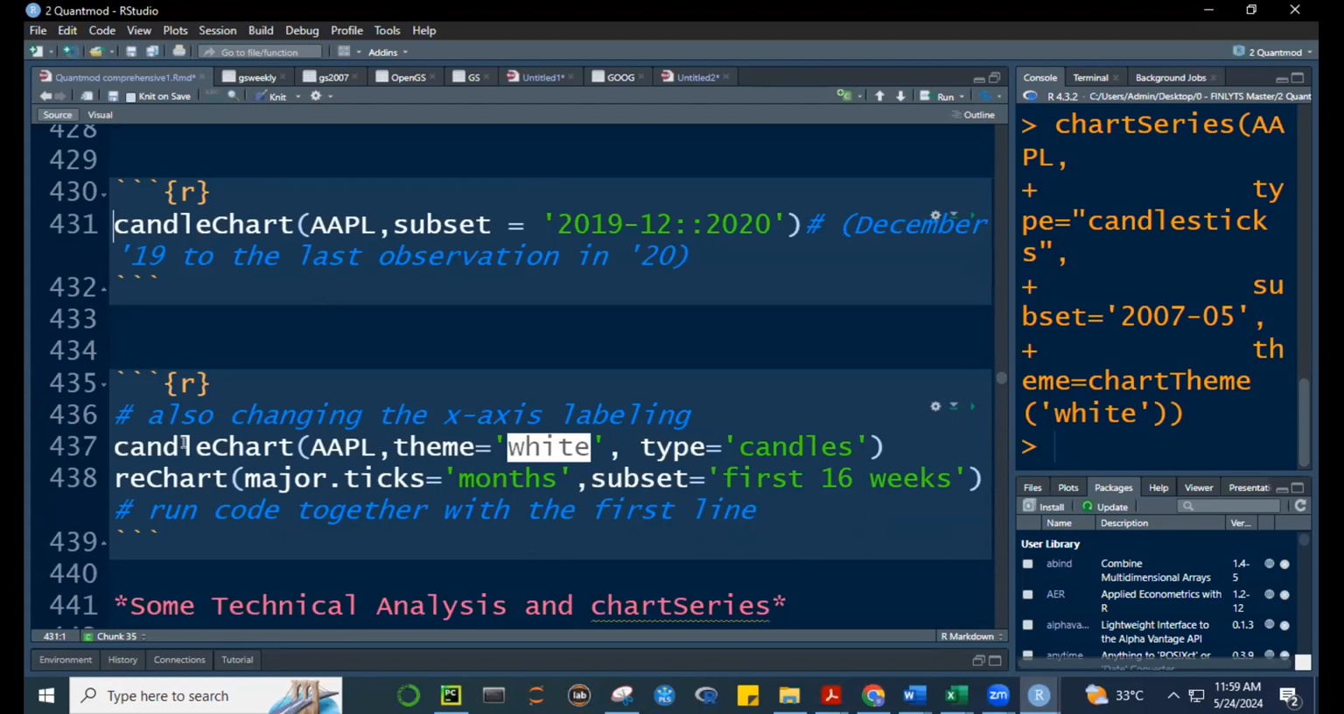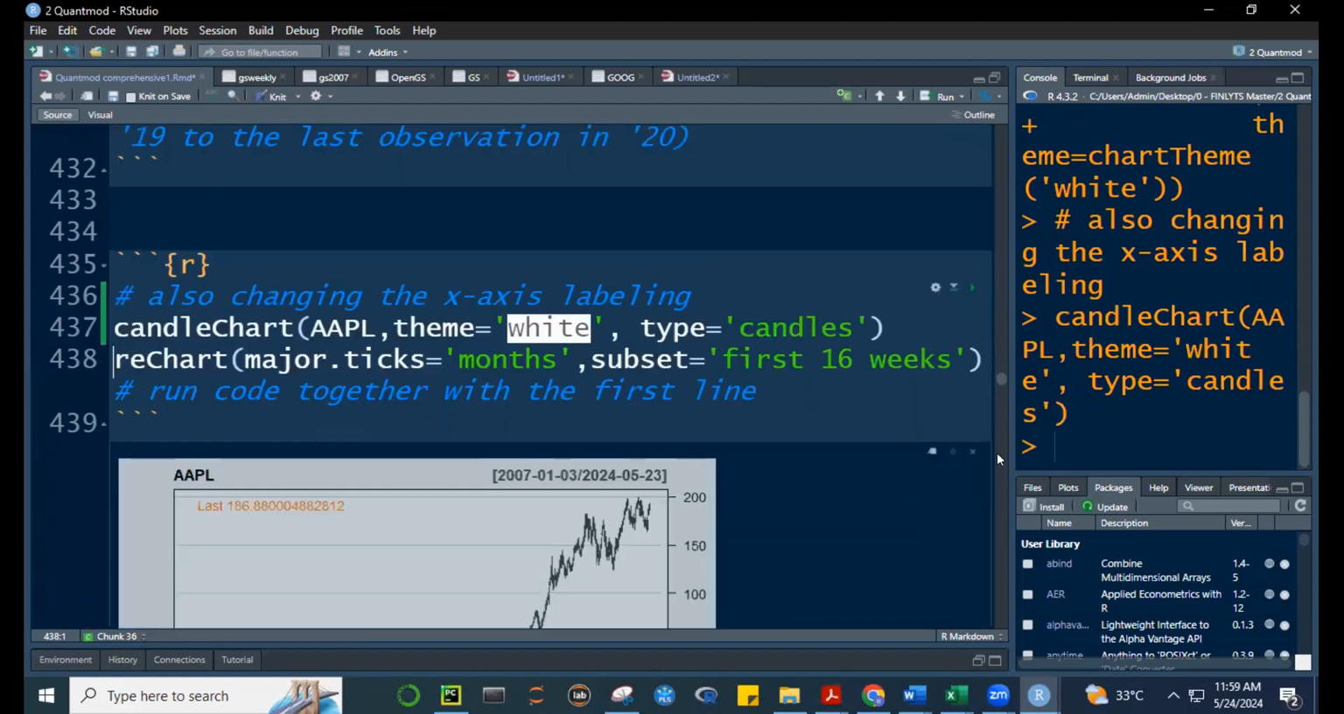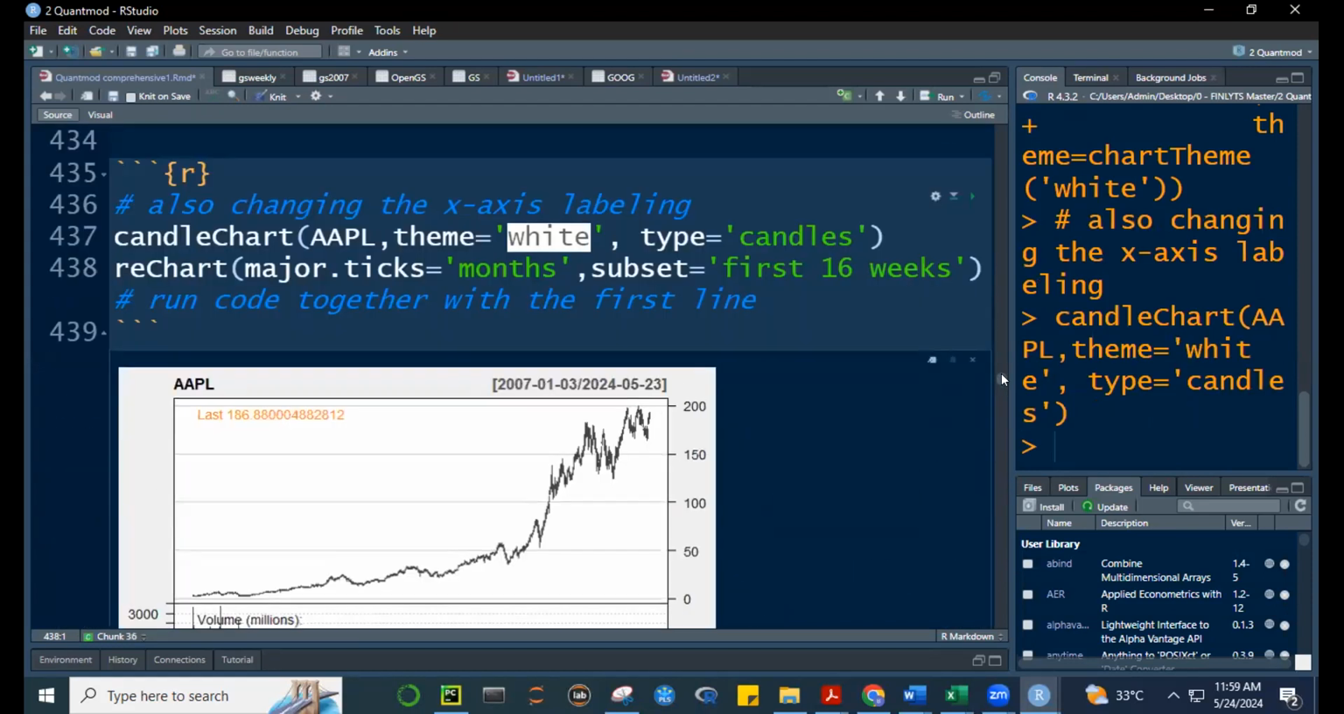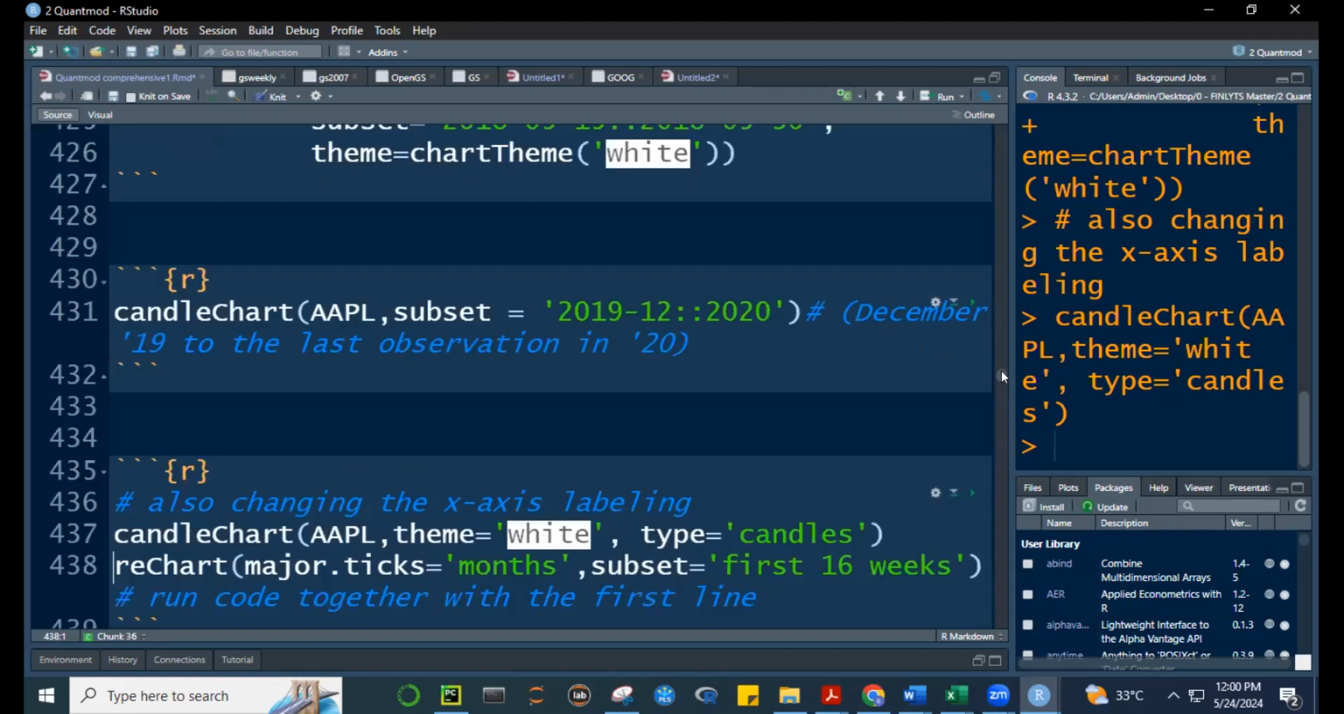Okay, then of course we can change the labeling. For example, this one: candle chart, Apple, theme is equal to white, type. So here you can use candle chart, and then you can still use type is equal to candles. If we plot this, of course we don't see everything because this is for the whole period of Apple. Okay, then we can use the reChart function, then identify the major ticks as months and subset just the first 16 weeks. Okay, if we run this both,